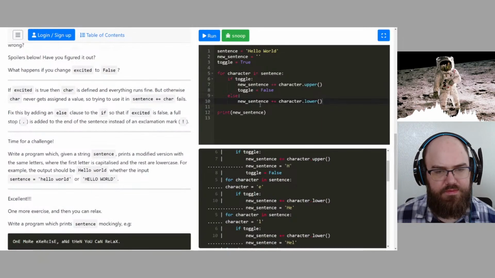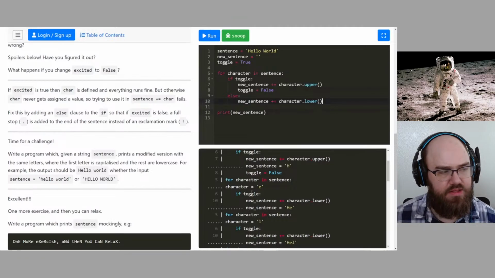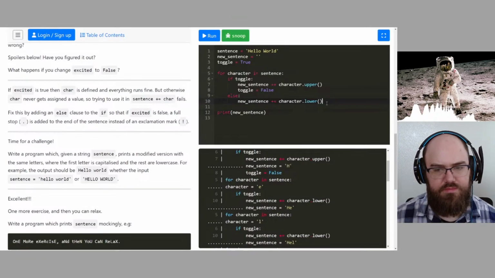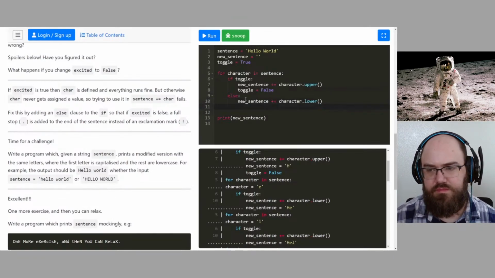Because at the end of the body of the if condition I changed toggle to false, and that's why I started doing the else condition. Yeah, you can see from the Snoop output that from if toggle on line 6, it jumped to new sentence plus equals character dot lower on line 10. The only other way I could see is putting toggle equals true, but